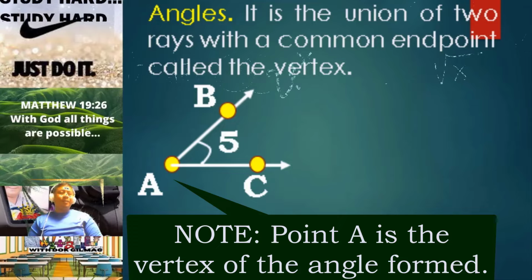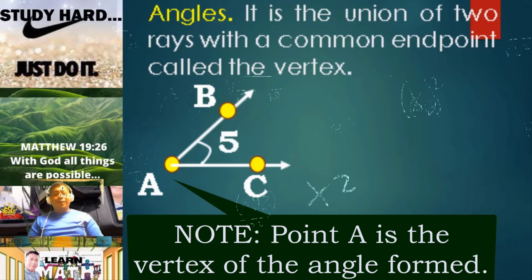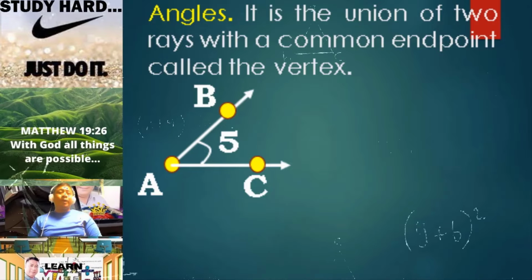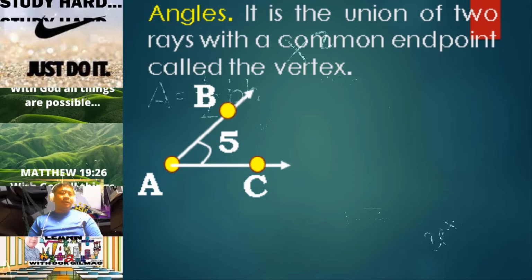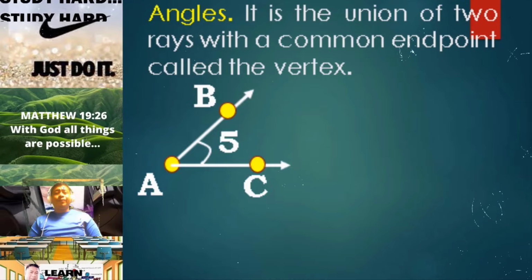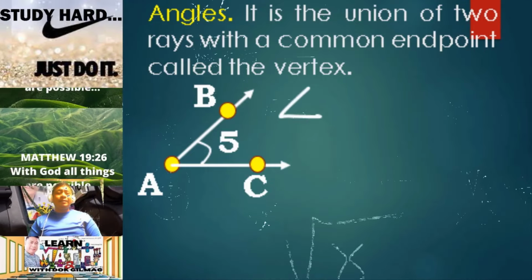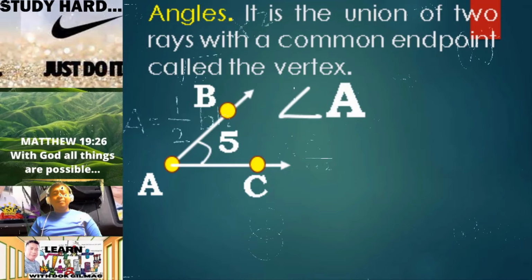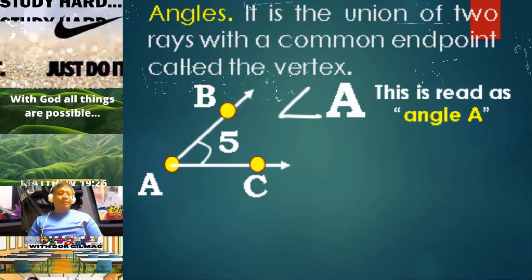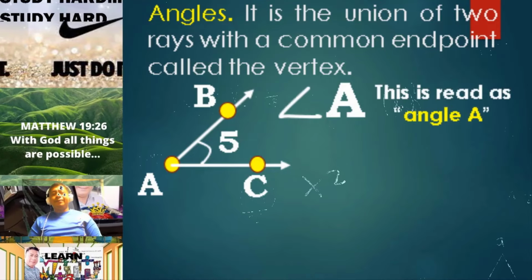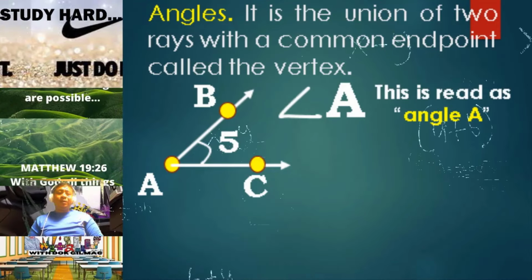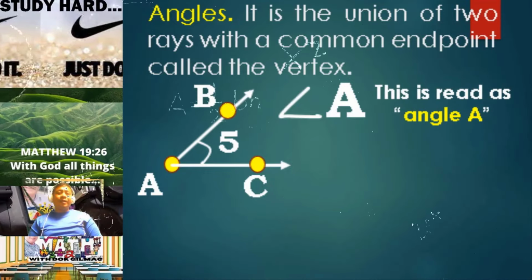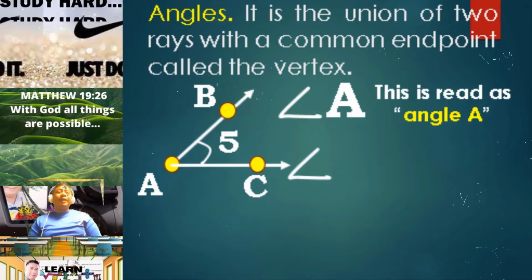How do we name an angle? We can simply name an angle in 3 different ways. Consider this given illustration here. We can name this as angle A. So as you can see, we have the symbol for angle. This is read as angle A. Then we can also name an angle using 3 letters. For instance, we have here angle